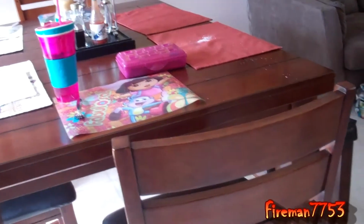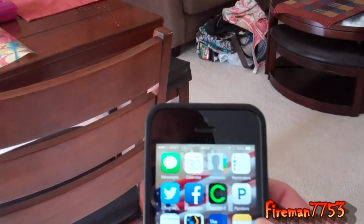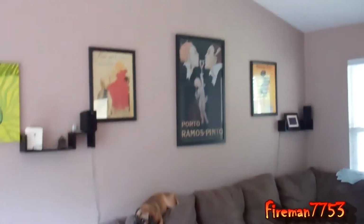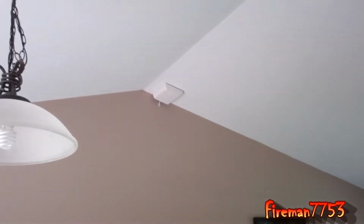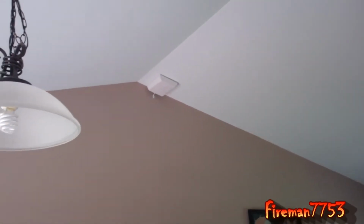Oh, can't show you my code. So we're kind of going between 3 or 4 bars and 5 bars, and we got LTE. And that's all the way up from 1 bar and 4G. So I'm going to be pretty happy with this. And now our next thing is going to be to